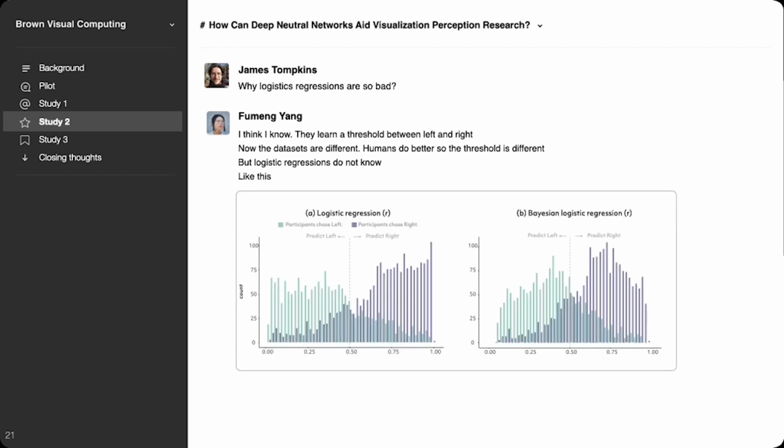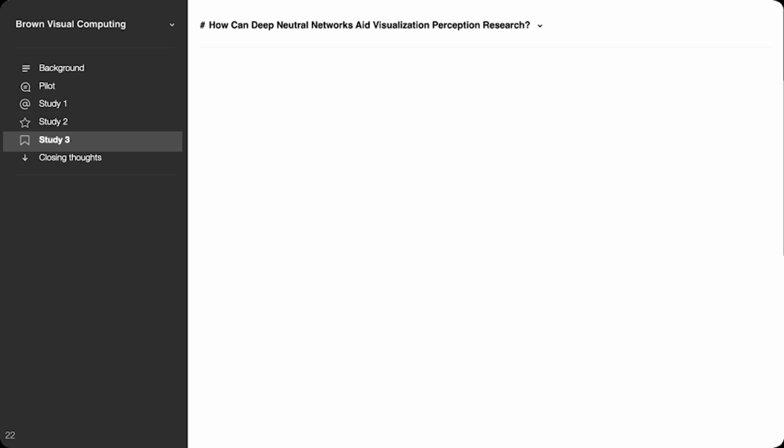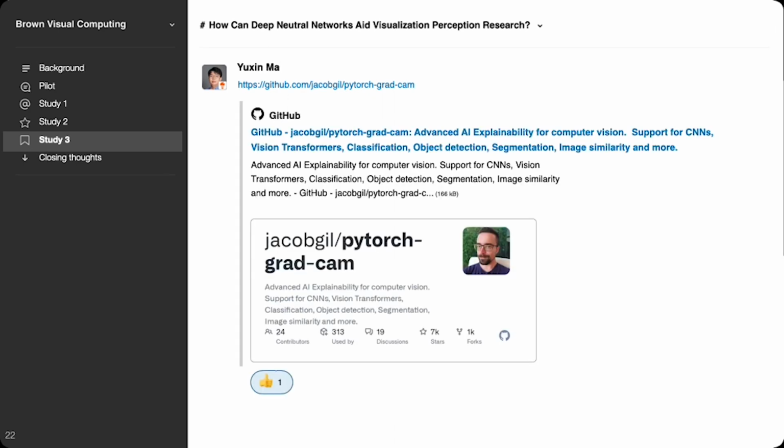they don't know that the images are different right now. On the other hand, neural networks know the input is different, but the problem is that we don't know how they make a prediction in order to explain their generalizability. Yuxin, a friend of mine, who has some similar explainable AI work on this topic, suggests 2 methods.